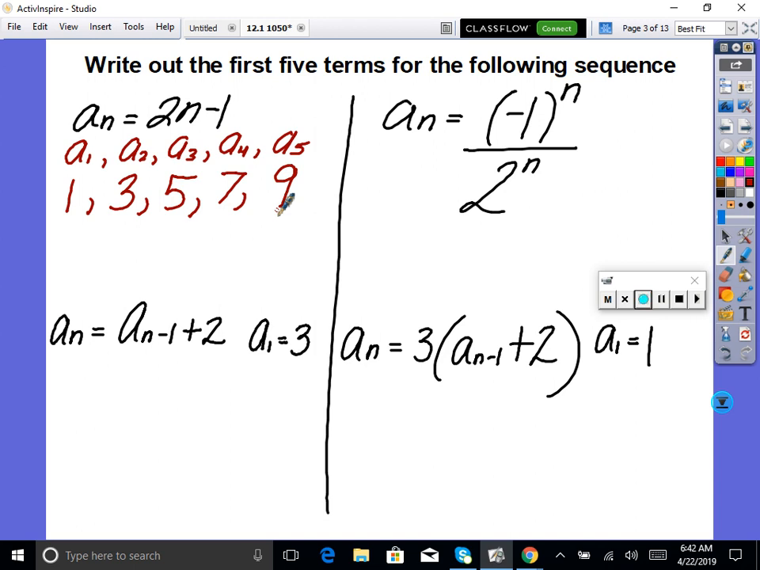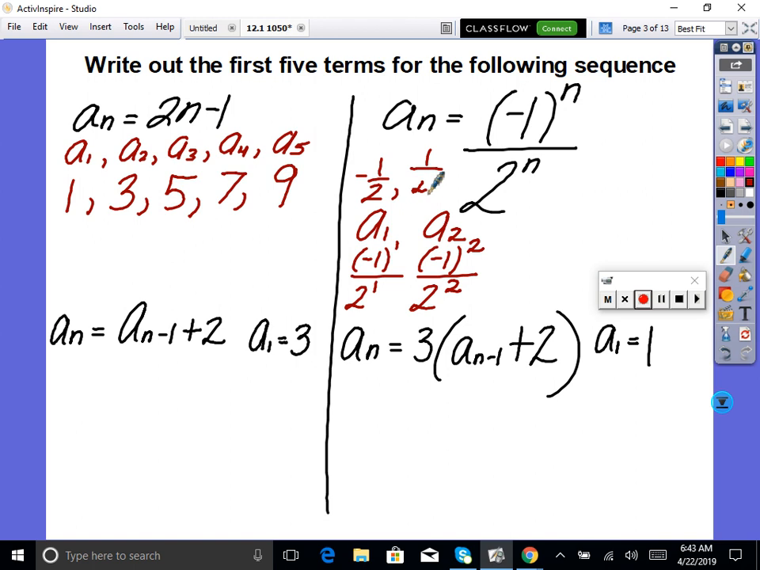So let's look at another direct formula here. It says find the first 5 terms. So what's a sub 1? Plug in 1. So that would be negative 1 to the first divided by 2 to the first. So wouldn't that be negative 1/2? Comma. Okay, let's find a sub 2. You plug it directly in. So that'd be negative 1 squared divided by 2 squared. So wouldn't that be positive 1